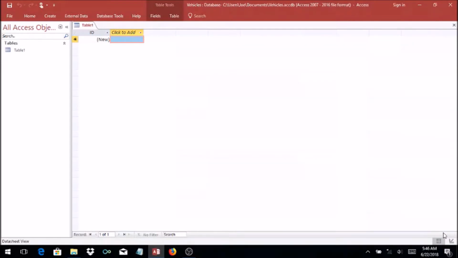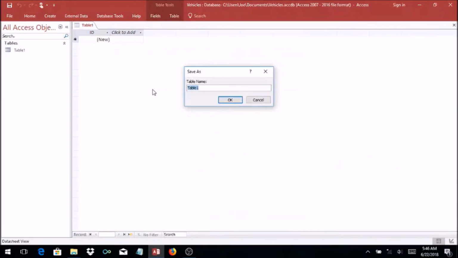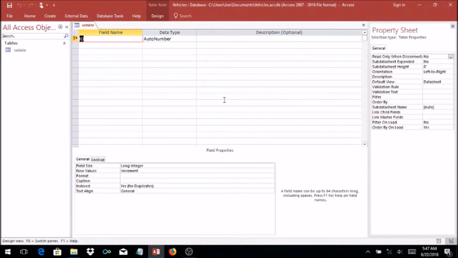In the lower right hand corner you have two different icons here. One's called Datasheet View and the other one's called Design View. And those views are also under the Home button, under the View button, and then you see them here. We want to switch to the Design View, and then Access will force you to name the table. We're going to call this Vehicle, and we're going to click the OK button, and this is the Design View,